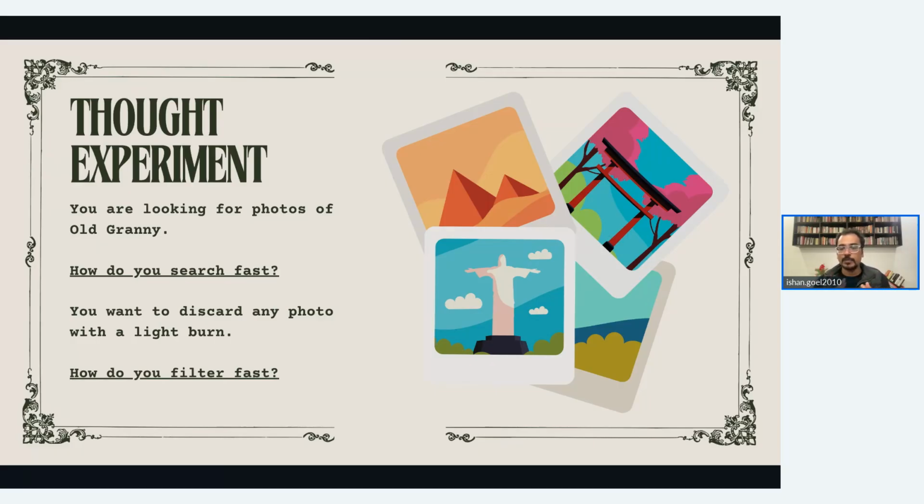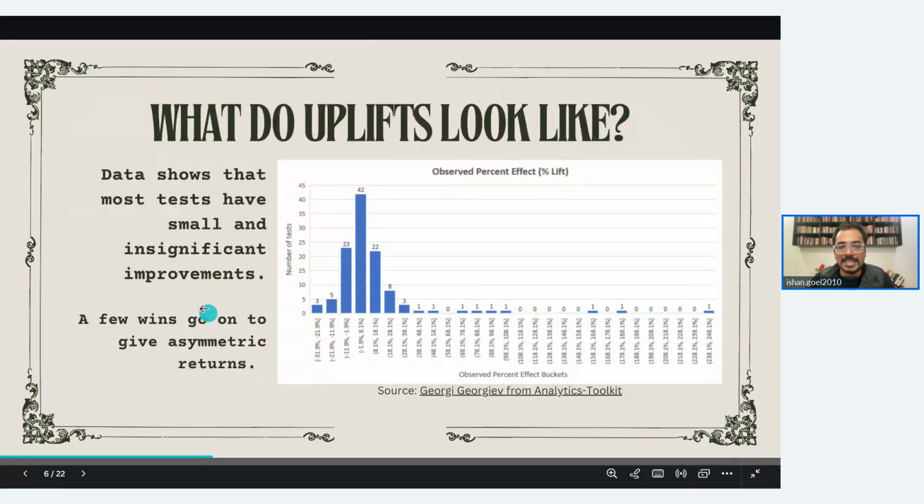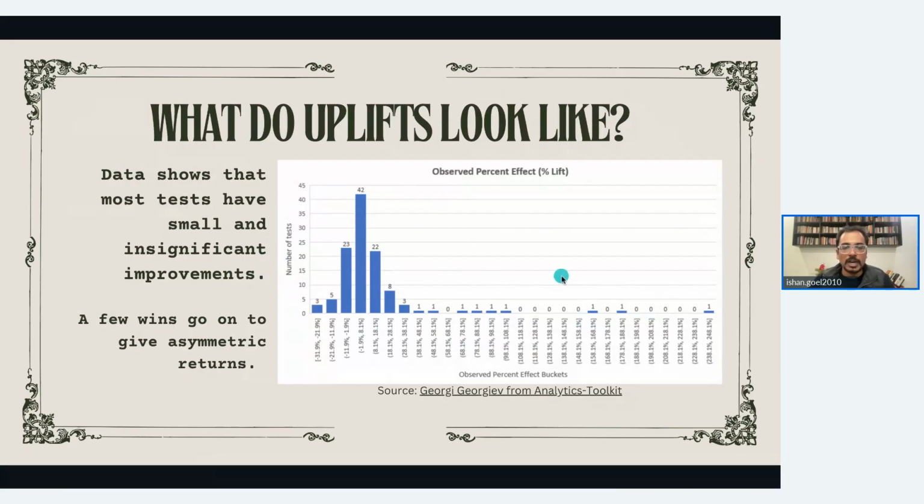You want to keep whatever is looking good, but whenever something looks burnt slightly, then you spend more time in discarding it. And this is the central idea behind shifting the null hypothesis and how you can utilize the asymmetry that is there in uplifts. So moving ahead,